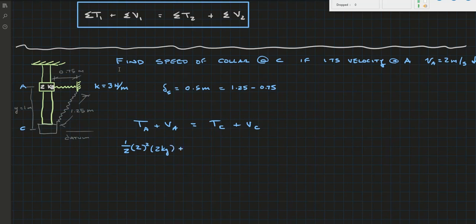I'm taking, pretty much you have to decide where, and for me I'm going to take the datum line as this bottom position here, so we start out at a higher position, so we start out with some potential energy, so it's going to be 2 times 9.81, and we are a meter up in the air, so that's our potential energy initially, and then we will end up with